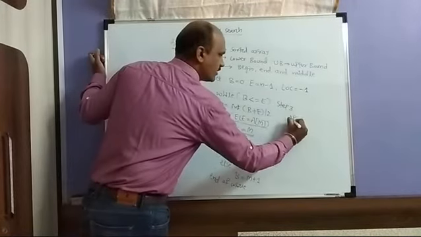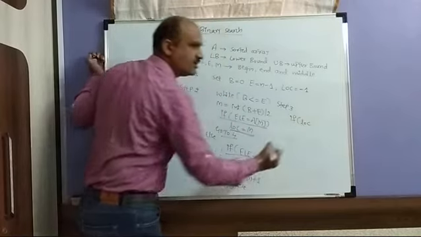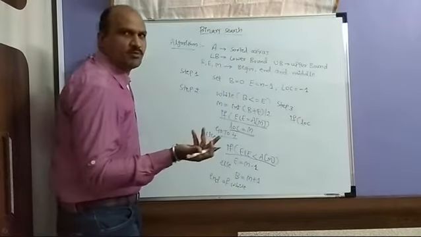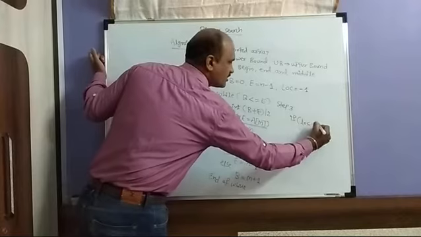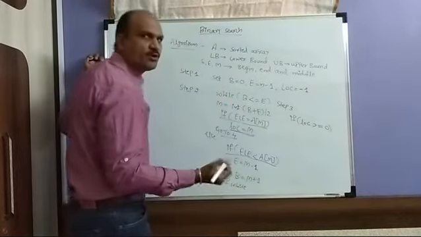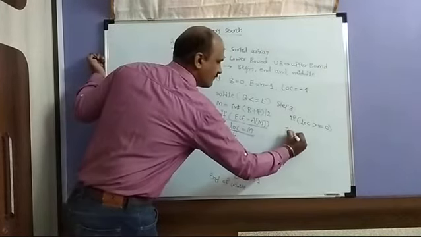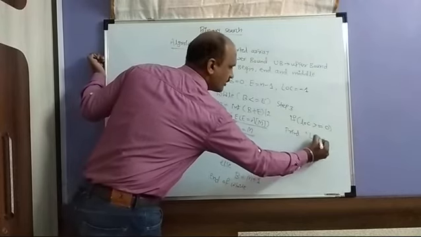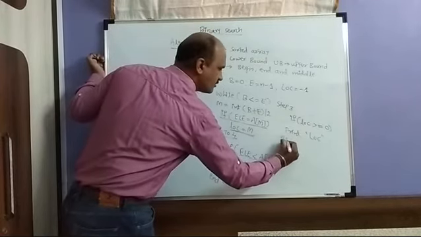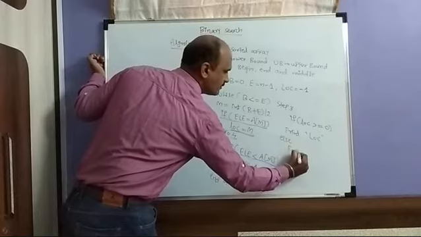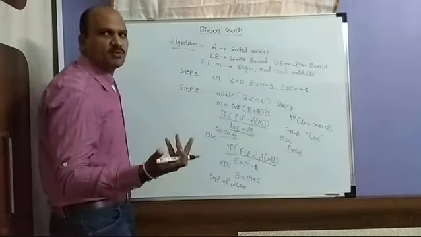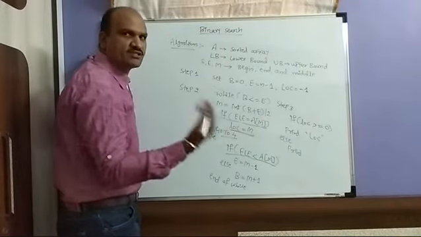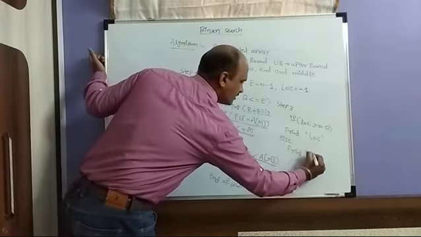So you have to write the location where we got the location. If location, you can use location or position. Okay, so if location is greater than or equal to 0, what you have to print? Print the location. Else, what you have to print? That position, whatever the position, is unsuccessful. So the searching element is not present.